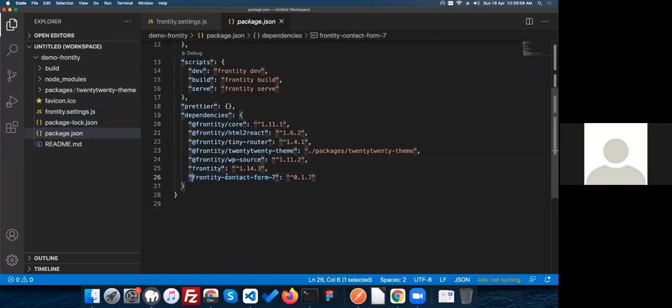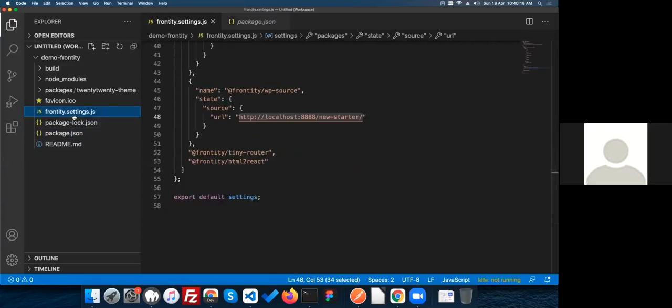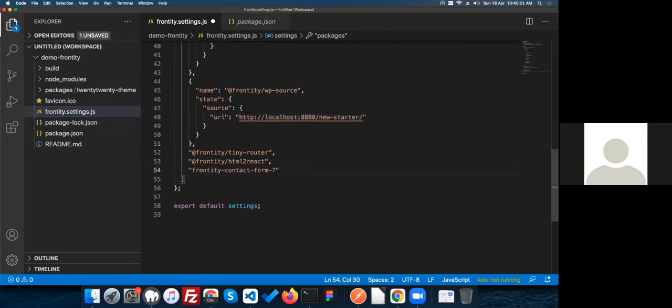So as you can hear, Frontity contact form 7. This is my package name. Just copy this. First of all, if you want to use this package, you just need to define it in the frontity.settings.js file. So after copying this package name, you just have to paste it in the frontity.settings.js file. For that, type the name here